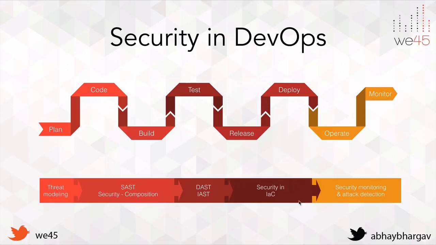And once you're ready to release, you need to scan or security test the environment that is being deployed in. So let's say you're deploying it in AWS, you need to probably do some security checks on it. Let's say you're deploying it in your own data center, obviously there would be a lot of security checks you need to do at a deployment level there as well. And once you deploy the app to production, that's when you need to start monitoring it. And so all of this essentially facilitates a continuous process.